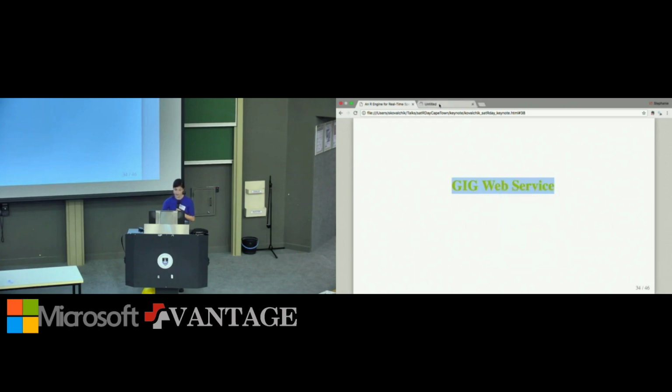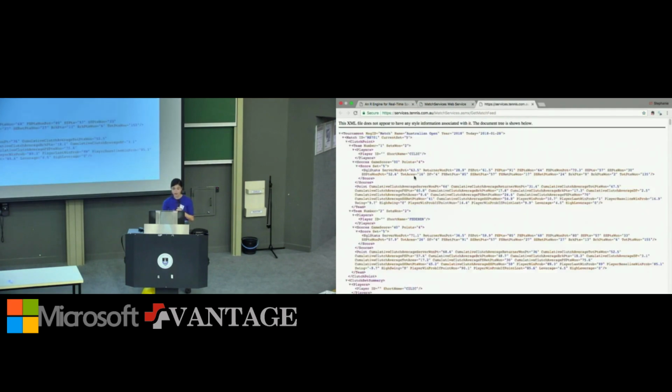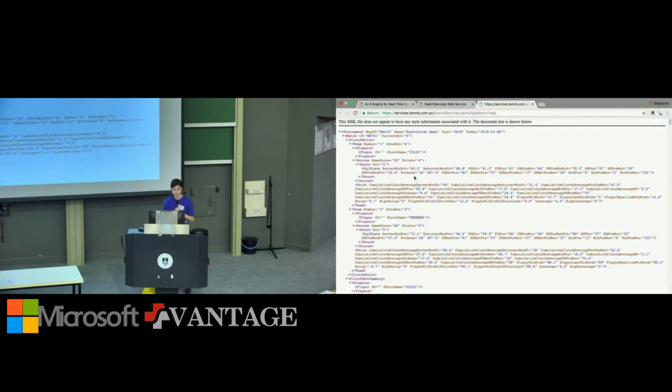Since it's on the internet, we can actually see it at work here. So I'm putting in a match code. Every professional tennis match that we process will have a specific unique identifying code. I provide that, and then the result is going to be the latest point that was processed for that match.